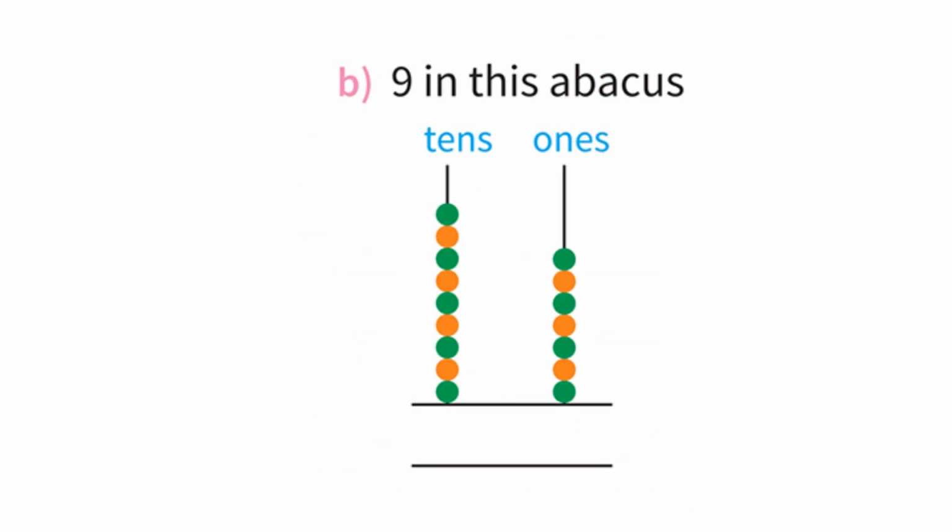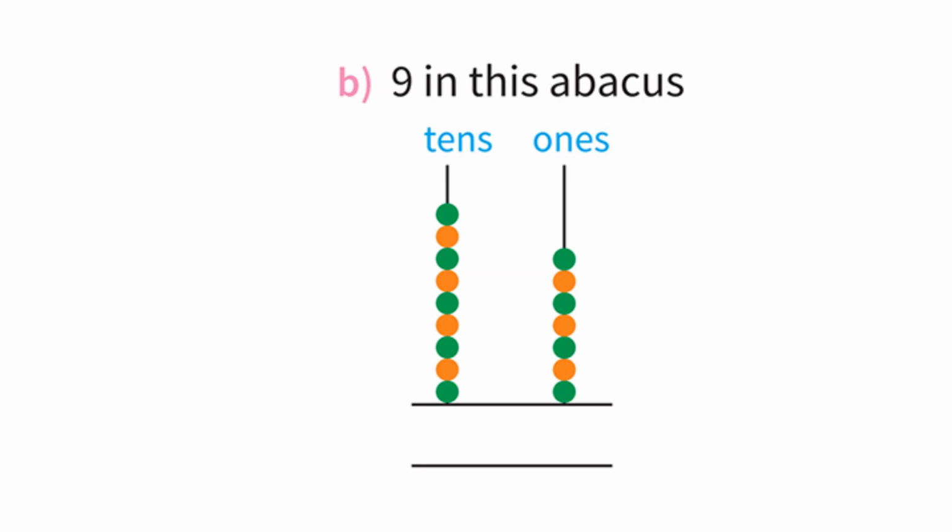Now see both the columns, tens also and ones also, because here we have to find out whether 9 is in ones column or in tens column. Here question is not asked about tens and ones both. We have to decide that in which column 9 is there. So how you will come to know that? You have to count the beads. Count the beads in ones column. How many are there? There are 7 only.